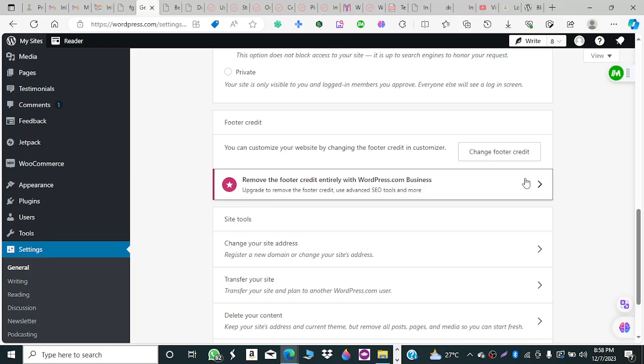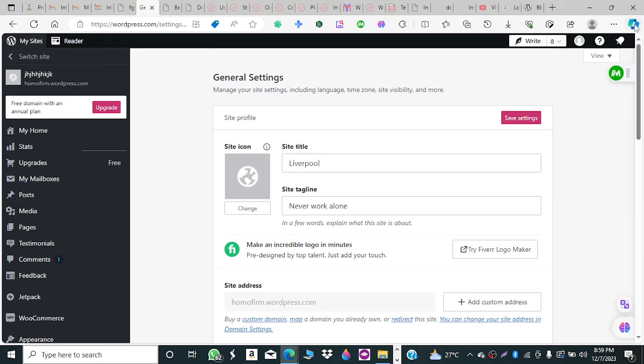Then the footer credit, all those things you used to see, like copyright by some company, all rights reserved. This is where you click and you change it, and your site is beautiful. You can change your site address, transfer your site, and lots more. So let's now go to